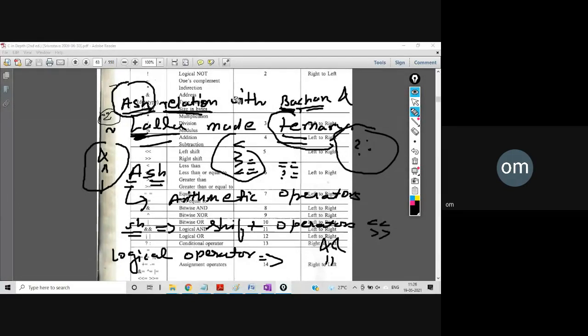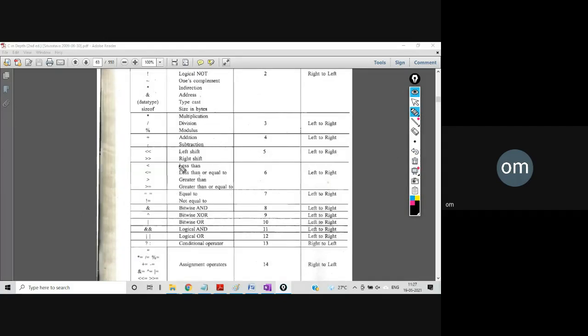And the second statement is what? "At as relation with Bachchan and Lallu made ternary." With A, arithmetic operator; with SH, shift operator; with relational operators; with Bachchan, B, bitwise operators; with L, Lallu, L is what? Logical operators; made ternary. From "made" nothing comes, but from ternary the ternary operator comes. So if you try to write all these, remember one more thing.